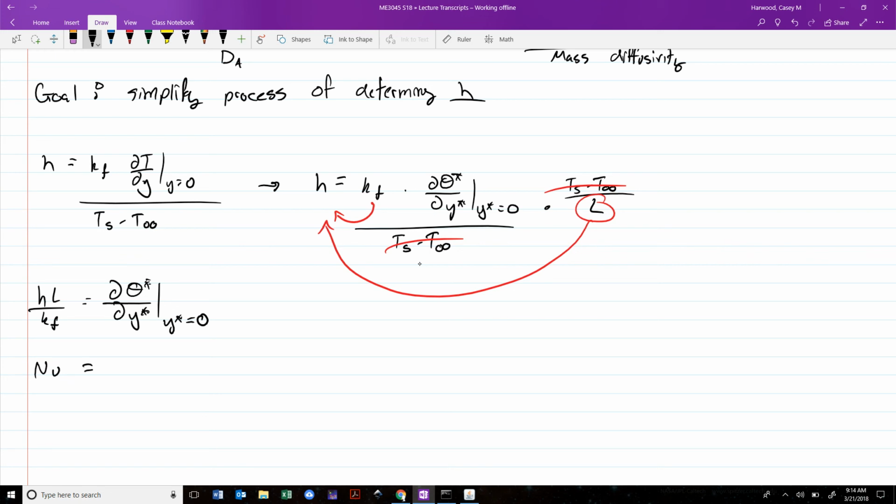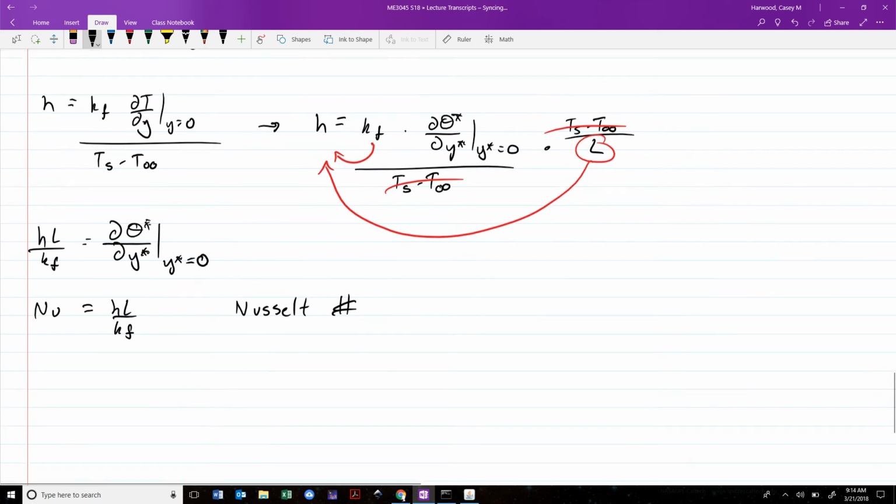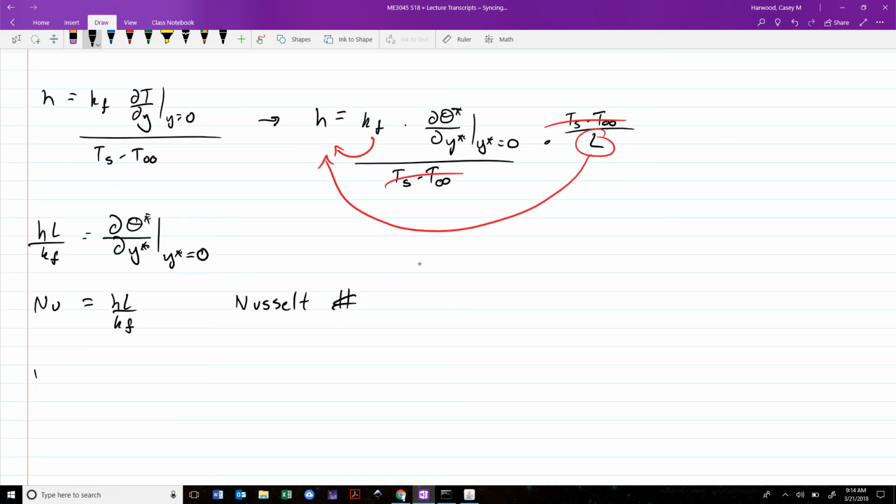So Nu is equal to hL over Kf, and this is known as the Nusselt number. I've given this its own section because the Nusselt number contains h, which is the nugget that we're looking for. And the beauty of the Nusselt number is that it is itself generally